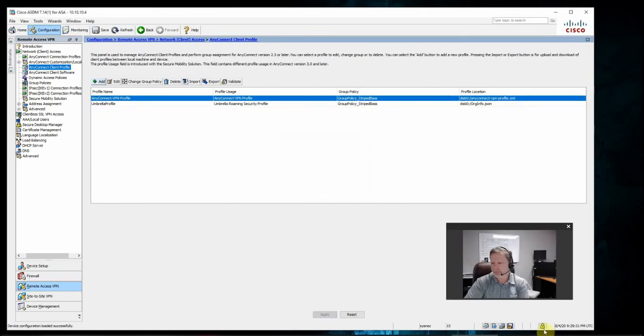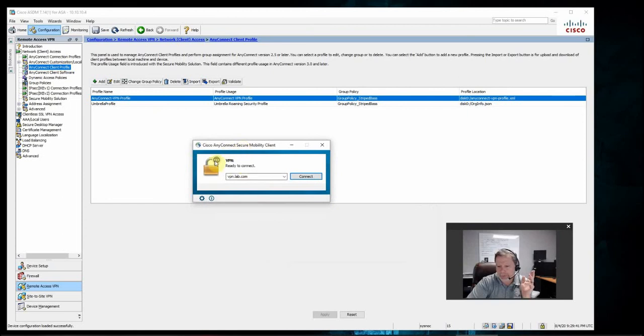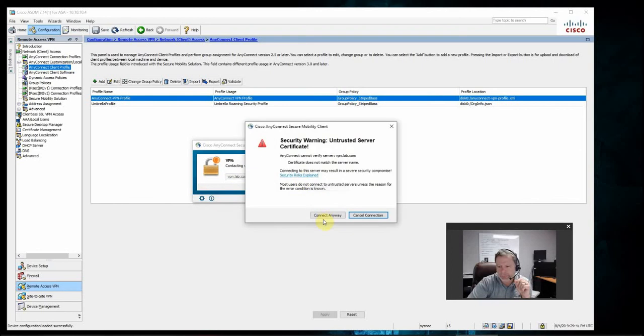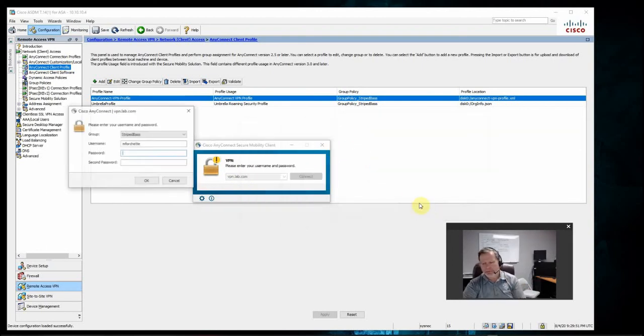So what I want to do before we actually show this is jump over here and show you my Cisco AnyConnect client, already installed and already here. Notice I don't see any additional modules. This is the traditional method. I'm getting a certificate error because this is a lab environment. I'm going to click Connect Anyway, put in my username, password,